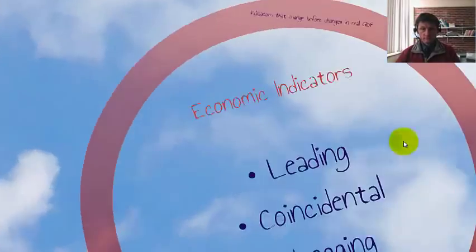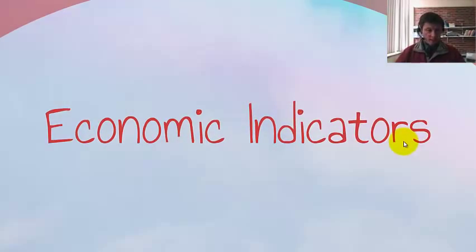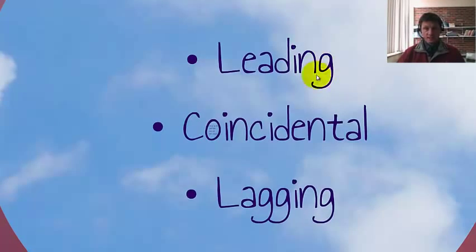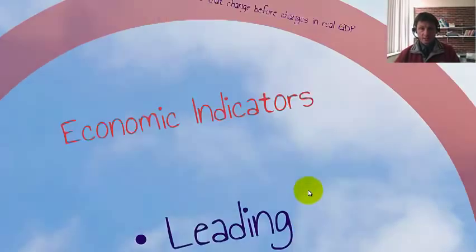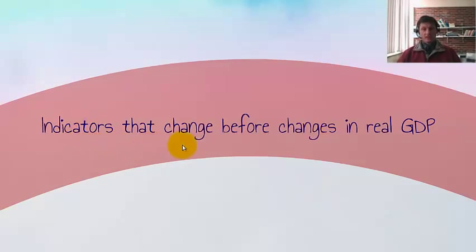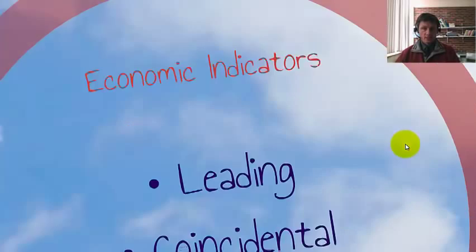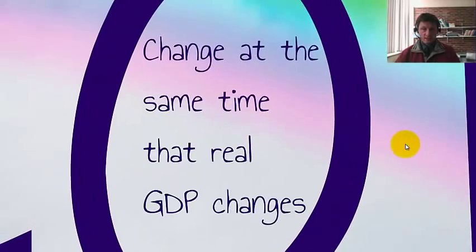When we look at trying to predict the level of economic activity, we look at various economic indicators. There are three types: leading, coincidental, and lagging. The leading indicators indicate a change before changes in real GDP, and that's the graph that we saw before relating to mapping GDP. So there are lots of things that indicate ahead of time what the economy might do, and they're the most valuable to us. There are also others, the coincidental indicators, that change at the same time as the real GDP changes,